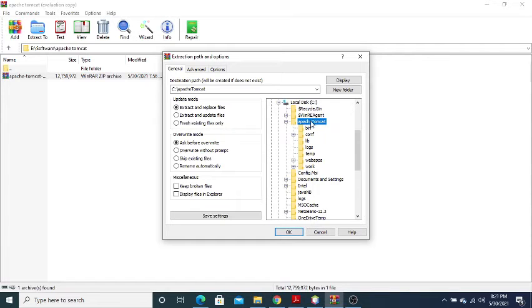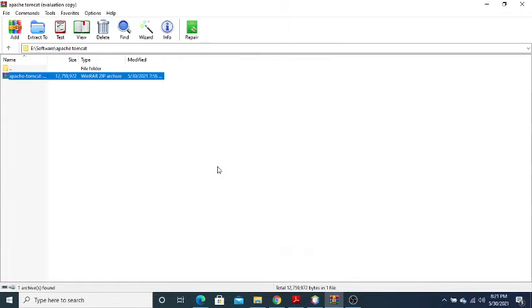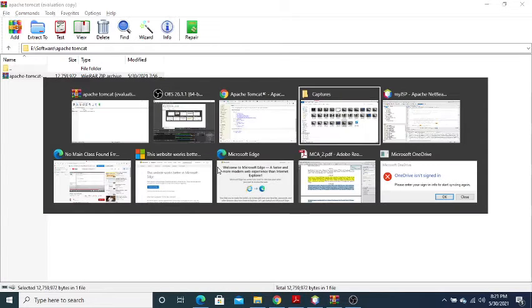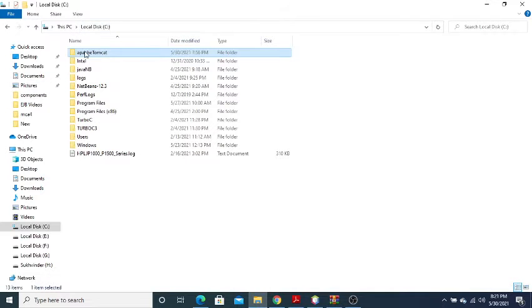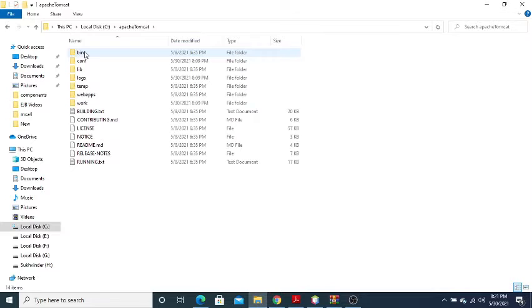You click that particular name of the folder, or you create a new folder and click OK. The moment you click the OK button, you will get the files in that particular folder. You see my localhost C drive, Apache Tomcat, and these are the extracted files of the Apache Tomcat